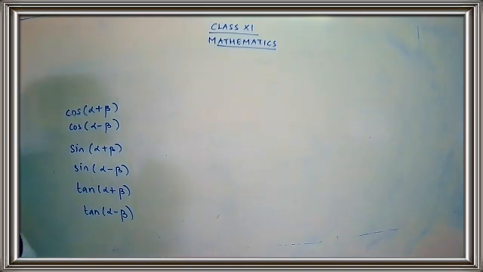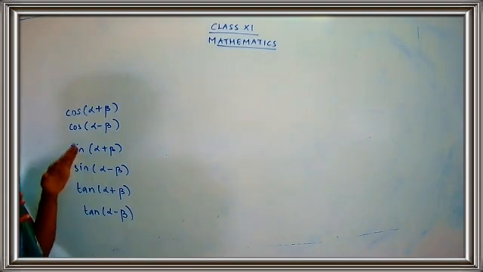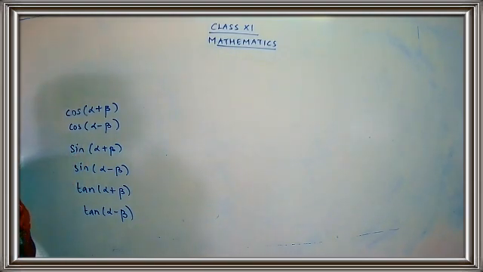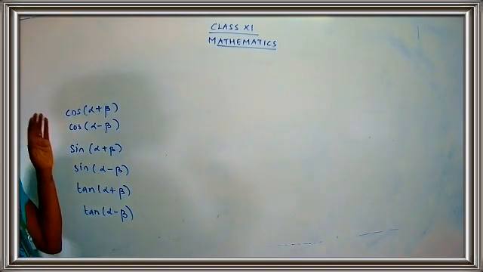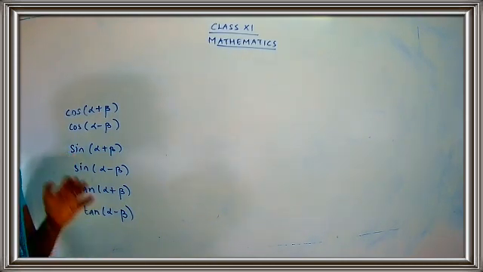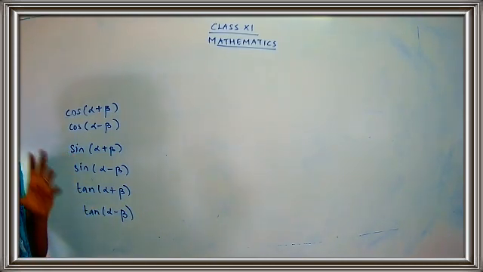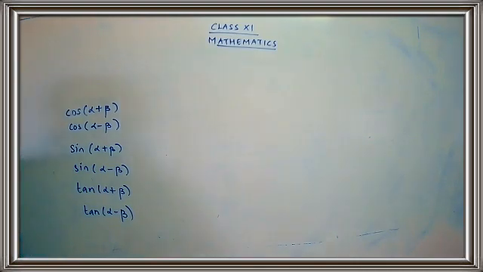Actually, we were just doing many problems based on these identities. So let's have a recall of these identities, and you people have to be thorough with all the identities. We have lots and lots of formulas in this lesson. Okay, children. So you have to just understand them, and you have to study, and you have to remember everything. Okay, now let's go for the first identity, that is cos alpha plus beta.